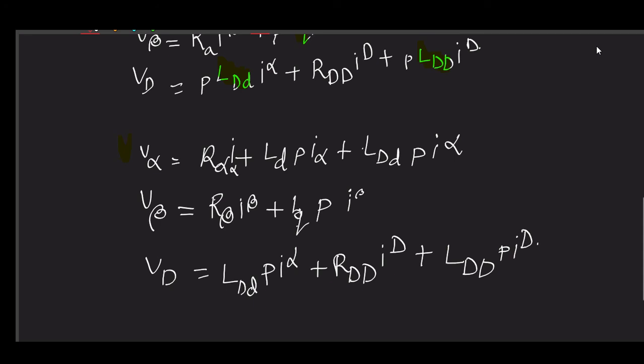In the next video we will introduce some transformation matrix, so that may make our representation easier. Although we claim that they are independent, this form of representation is not very easy. It is not decoupled, so we will try to decouple them, right? That we will do in our next video.